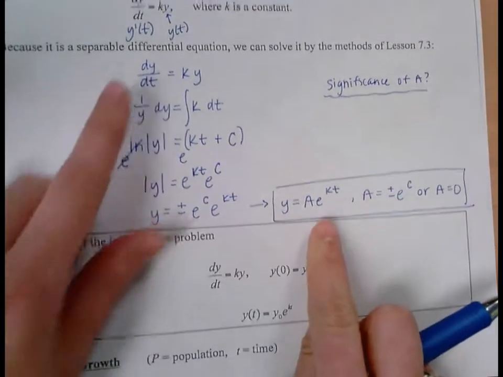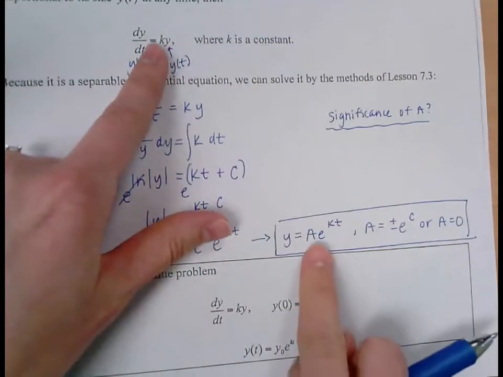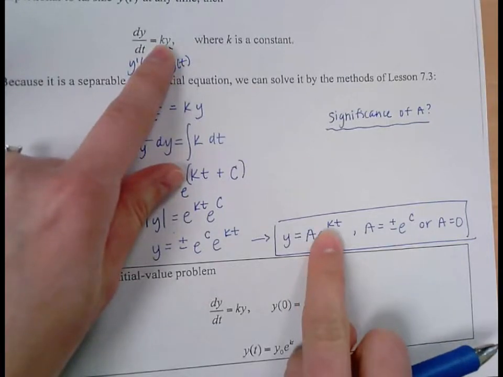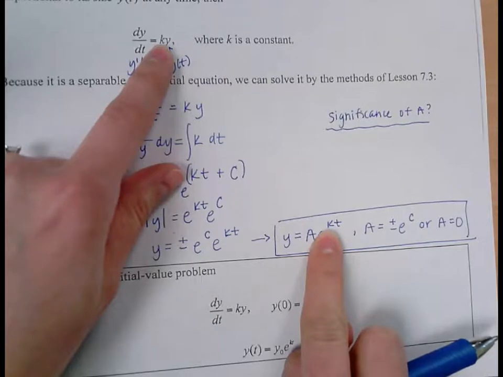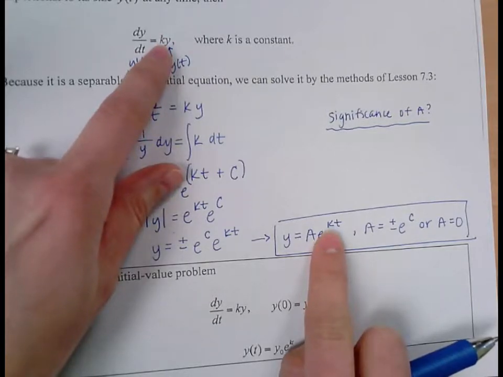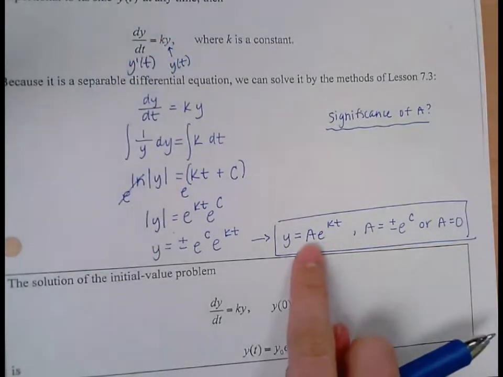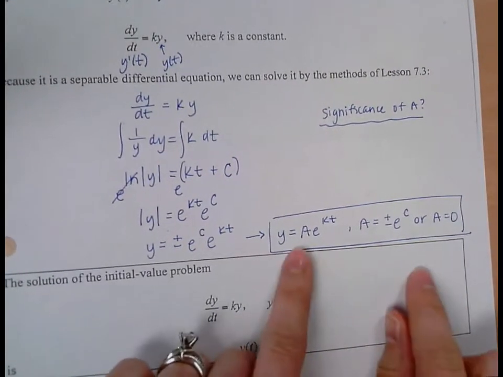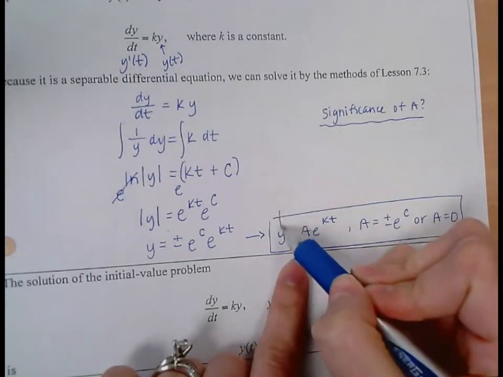So if you compare the differential equation to the solution that we just found, notice that constant k is in the differential equation and in the solution. So k appears in both. We don't have an a anywhere though, so the significance of a is, if this is your solution, and again, this is y of t,